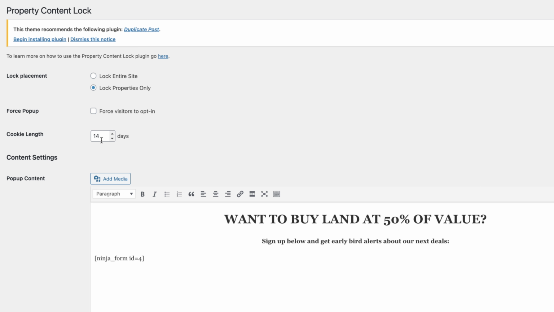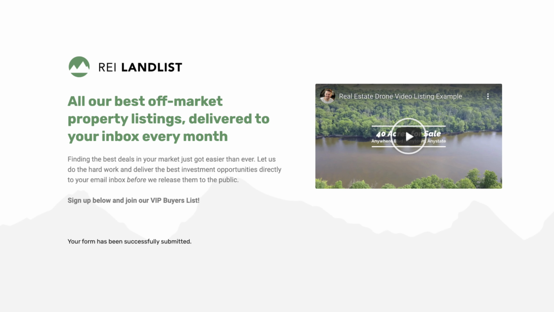And you can do it so that they're forced to sign up, where they can't go anywhere until they do, or you can just allow them to close the box and keep going if they don't want to. So it's up to you. And you can do that for the entire site, or just for the properties. So a person can land on your homepage and navigate around and see stuff, but the second they click on a property listing to see that information, a box will show up saying, sorry, you've got to sign up first before you can see anything. That could be another really effective way of building your buyers list without even having to set up a whole separate landing page like this.